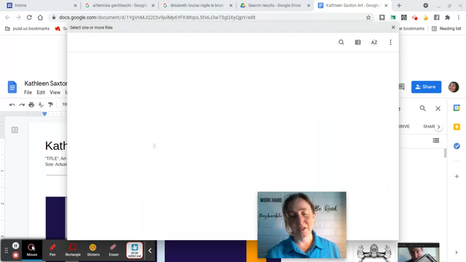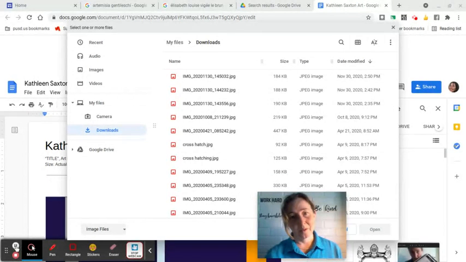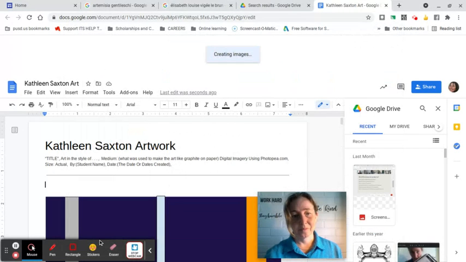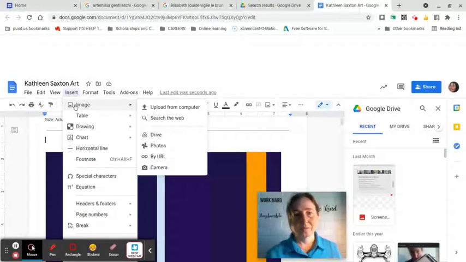And then you should find it in mine saved under the Downloads folder. In here it was Insert, Image, Upload from Computer.